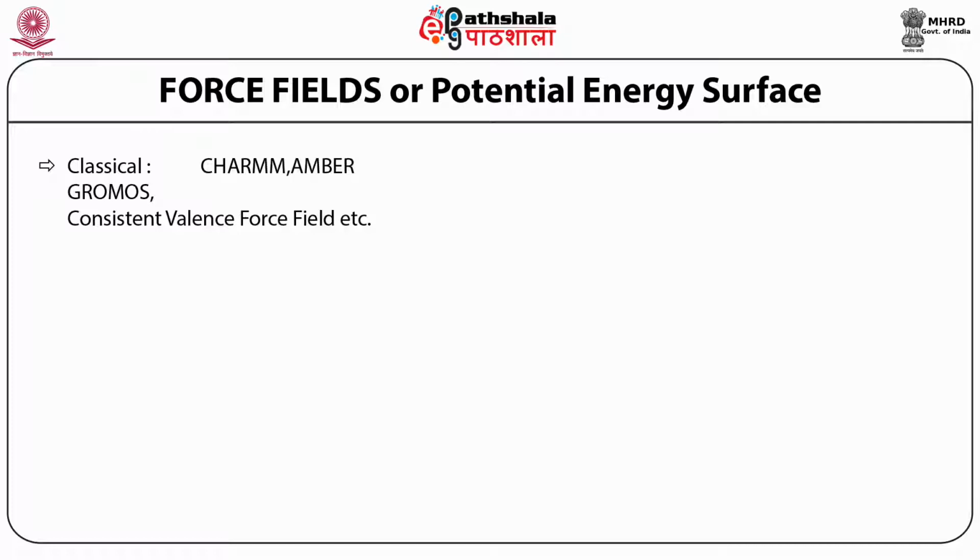Now, what is consistent valence force field? You will get a clearer picture later. What it tells is that each of these force fields, or this potential energy surface, is consistently related to the valence bonds, which is sufficient to consider because we are considering biochemical reactions or biomolecular structure. And these are mostly related to exchange of electrons, or changes in the organization of electrons.